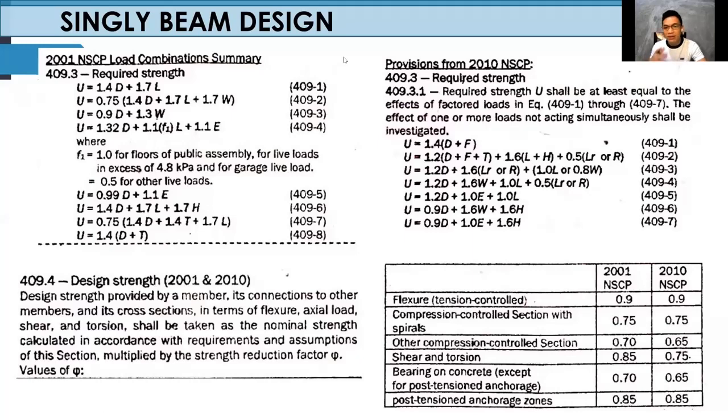So medyo familiar na tayo nito kasi nung prelim, nag-topic tayo ng one-way at two-way na beams, di ba? So, ng one-way or two-way na columns. So, na-introduce natin doon yung different NSCP loads natin. So, if we are talking about 2001 NSCP, so ito yung mga load factors natin, yung combinations or load combinations,